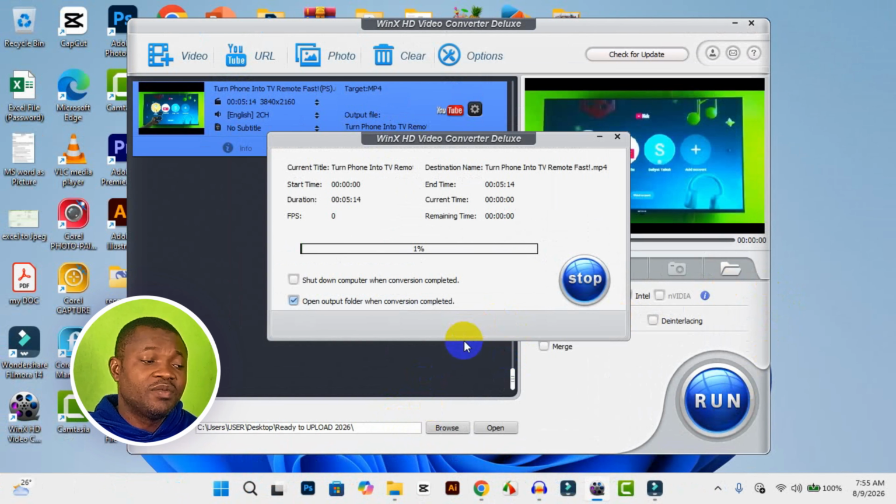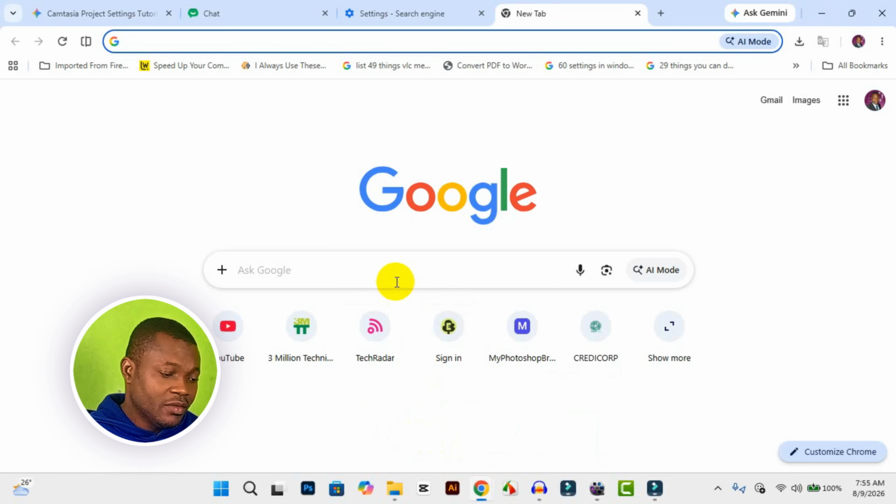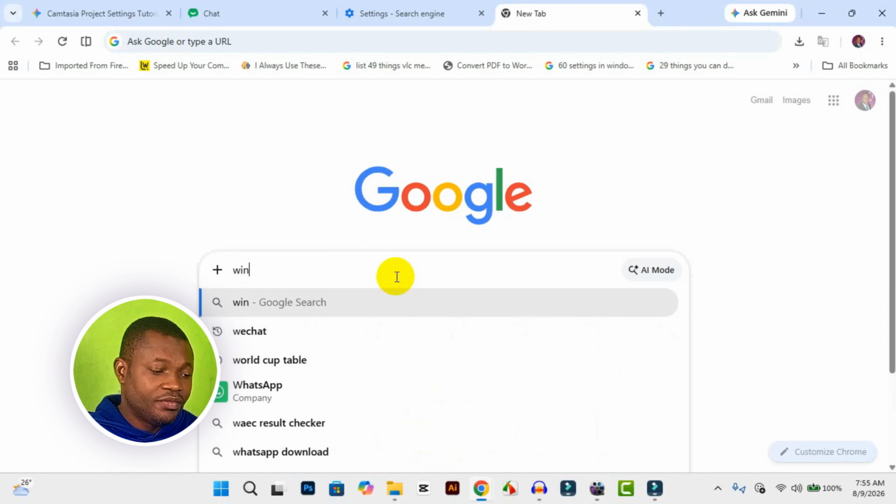Now, how can you get this particular software for video reduction, or for converting your video file to different kinds of video formats? All you have to do is head over to your browser. I'm going to bring out my Chrome browser right here, then go ahead and type in Win, and let's check the spelling. Win HD Video Converter